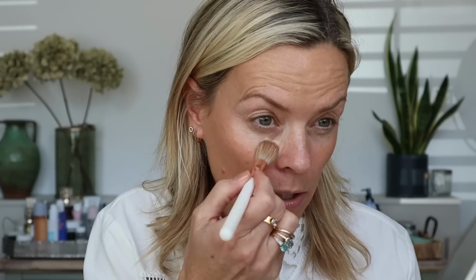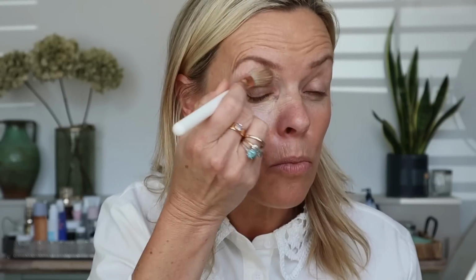I'm just going to use the big brush. I'll go in with a smaller brush straight over the eye in a moment. But even though it's matte, it's quite sheer. Oh, sorry for that. So a nice big brush just allows it to go on really soft, not weighing too heavy on my skin,